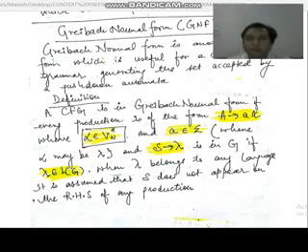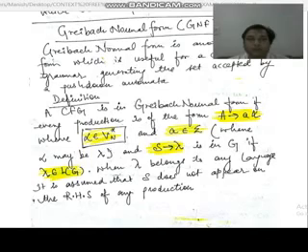Good evening, students. So today our next topic is the Greibach normal form, that is, how to convert a context-free grammar into a Greibach normal form. Greibach normal form is again a very useful normal form, which is used for generating the grammar production rules which are accepted by a push-down automata, that is, a PDA.